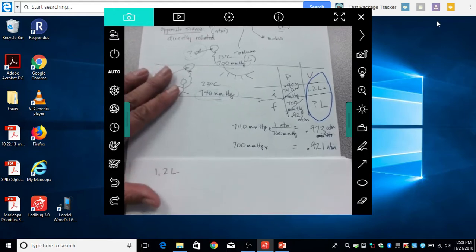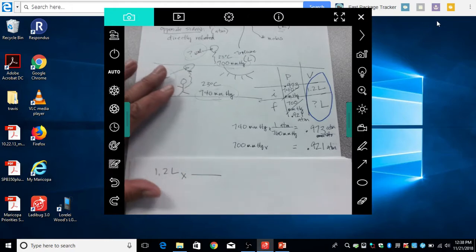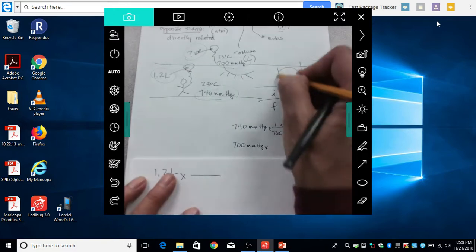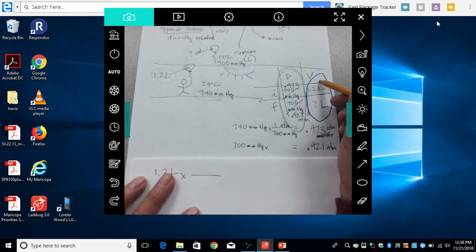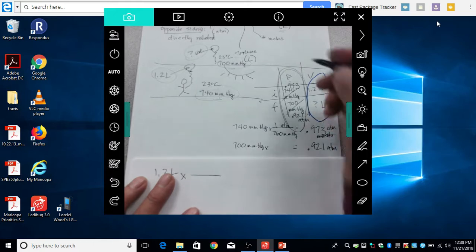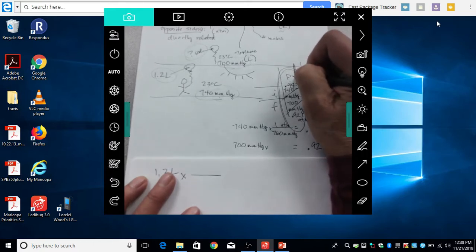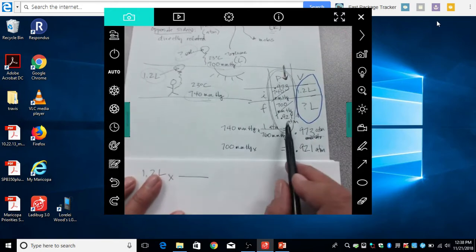All right. Now that I've got my volume, I got to set up a conversion factor. And the conversion factor has to come from the variable that's changing. In this case, pressure is the thing that's changing, is going to affect the volume of the balloon. So what's happening to pressure? It's going from 0.973 to 0.921. All right, so pressure's going down. So I always make a little notation to myself that that variable is going down, and I put it in the column just to remind myself. All right, pressure's going down.